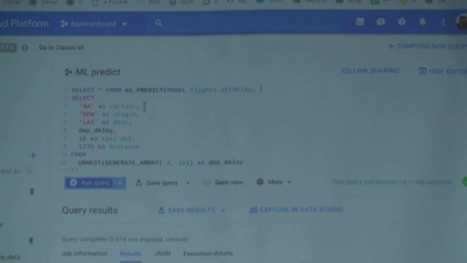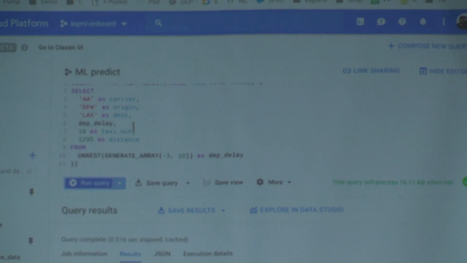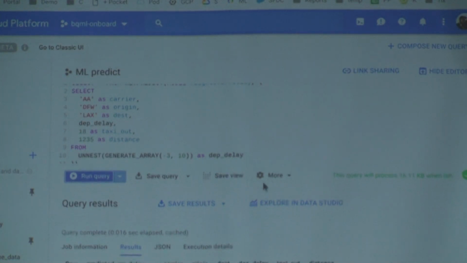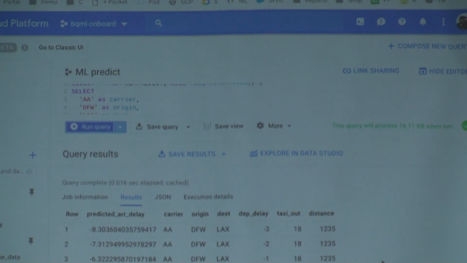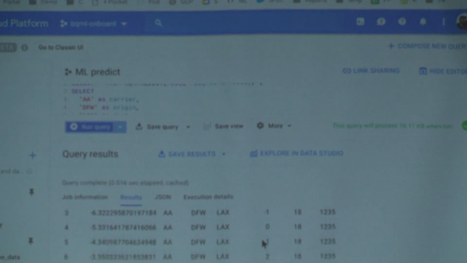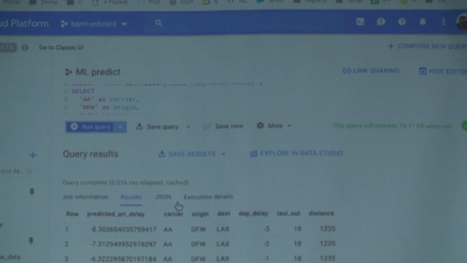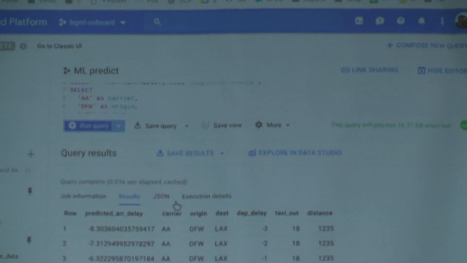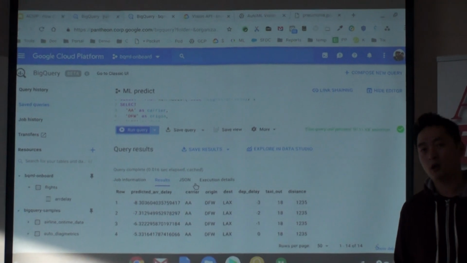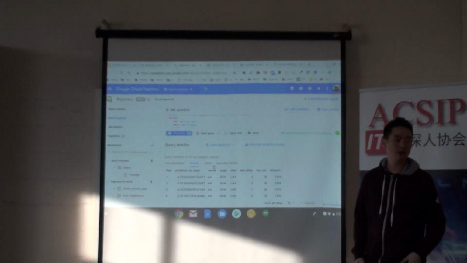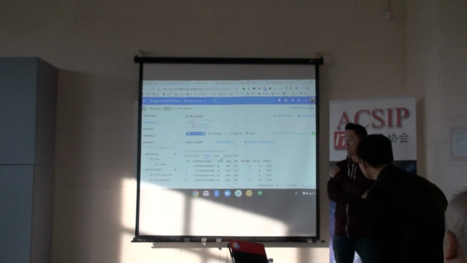query. I'm looking at American Airlines as the carrier. I want to fly from Dallas to LA. And I want to predict what my delay is going to be. So after running that, you'll be able to see that these are the results that I got from the prediction, right? So depending on when my departure delay is, I could see different results. And this example is only for linear regression, but it also supports other types of models such as logistic regression to do binary as well as multi-class